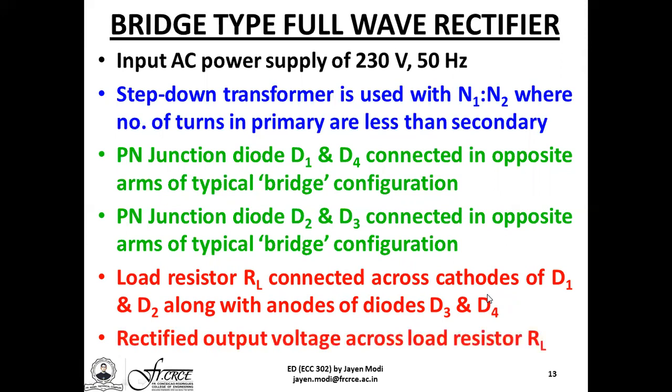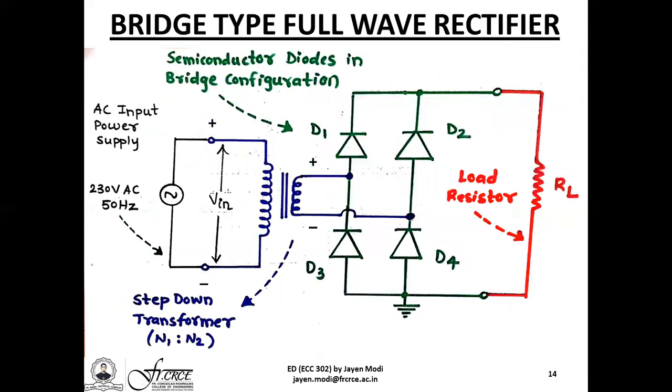Let us check the operation for the first case under the positive half cycle of the AC input power supply. So once you have the positive half cycle of the AC input power supply appearing, it is from 0 to pi. So from this end, you have the topmost part as positive, you have the bottommost part as negative. So you have plus minus, and this same polarity is transferred to the step down transformer secondary winding such that the topmost part is positive and the bottommost part is negative. Please look at the circuit diagram carefully.